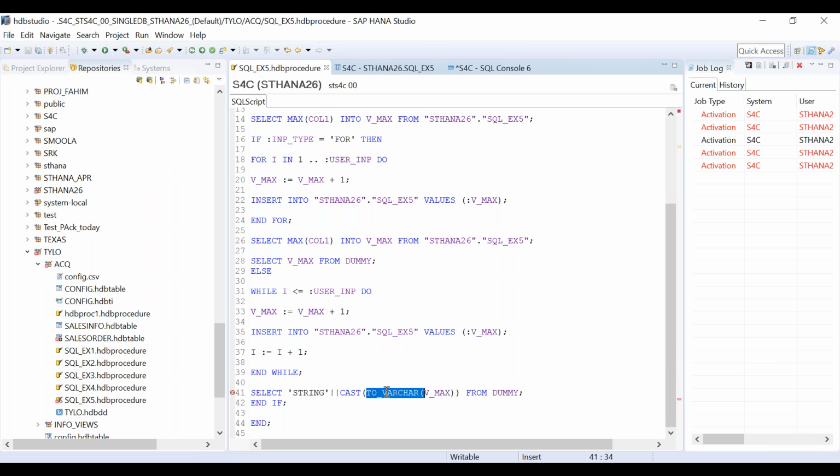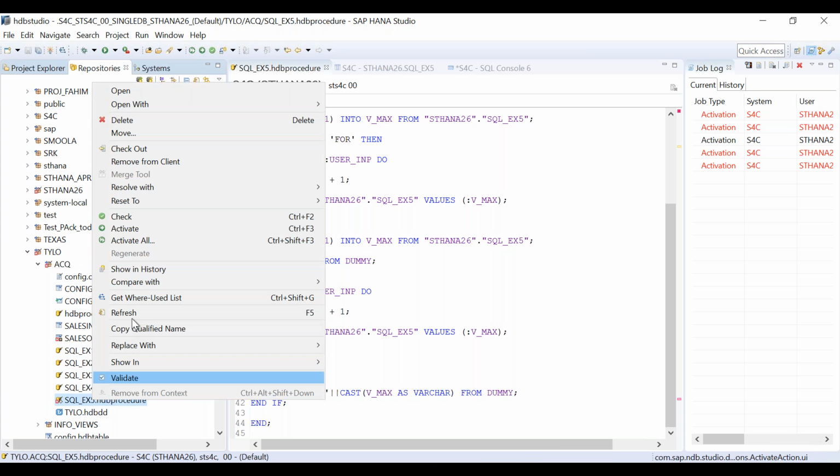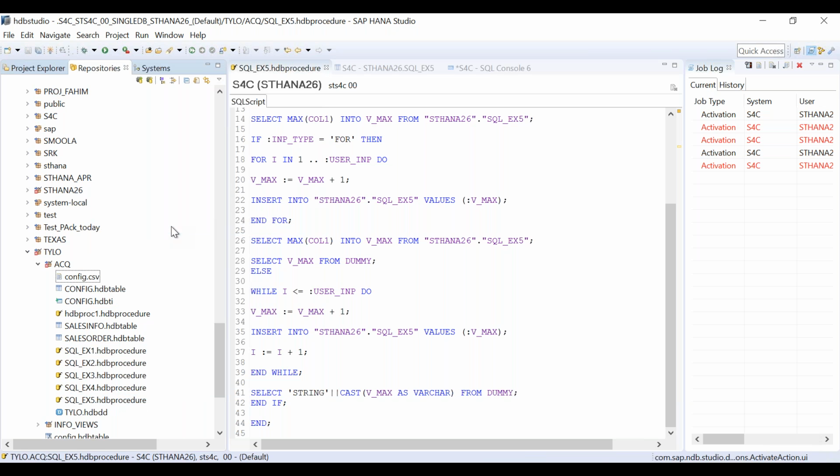Cast v underscore max as varchar. Is this the syntax? Yeah, this is the syntax.